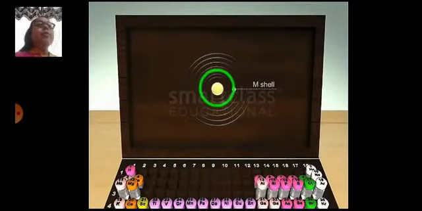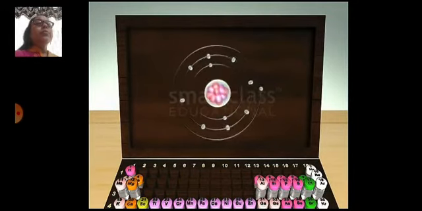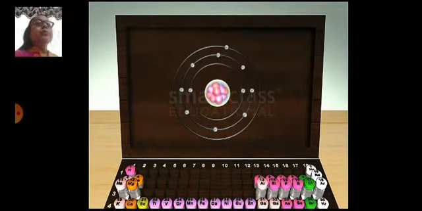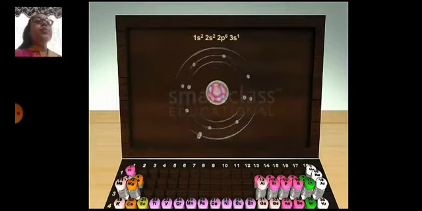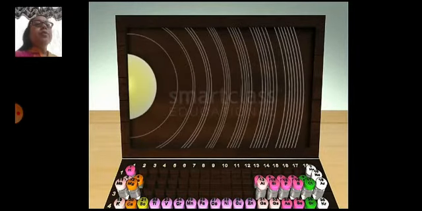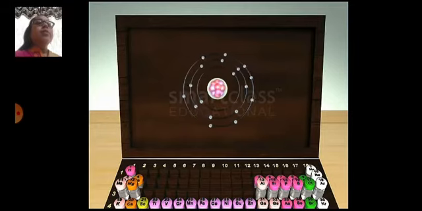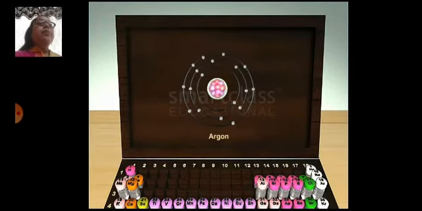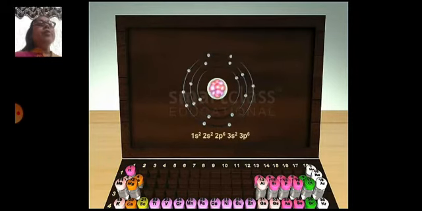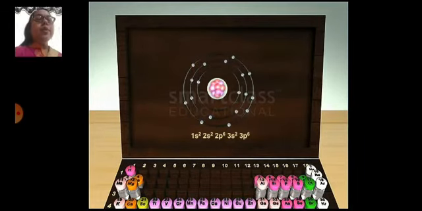Now the third period, where the M shell starts filling, for example sodium. The electronic configuration of sodium is 1s2 2s2 2p6 3s1. Gradually, as we move from left to right, the number of electrons in the M shell increases, and the last element, argon, has the noble gas configuration 1s2 2s2 2p6 3s2 3p6.